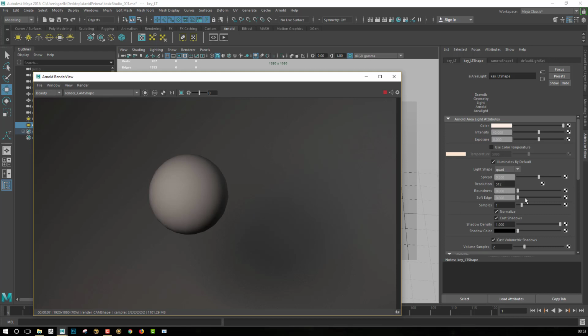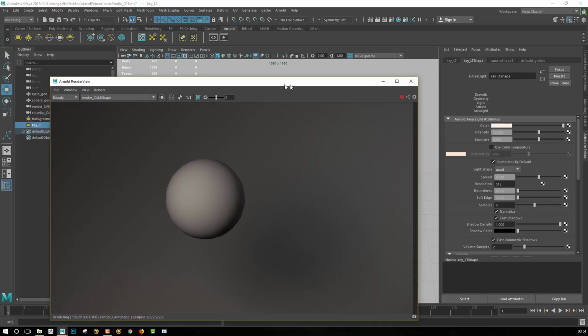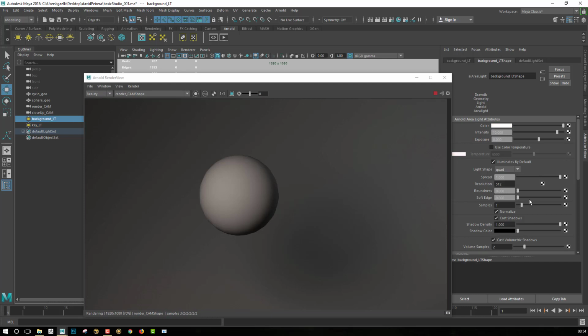But if you want to have less noise in your scene, something that you can do is to raise the sample value here, so it will get rid of the noise. And if we do that for one light, of course we need to do it for another light. But always keep in mind that the more samples you have, the less noisy your render will be, but the more time it will take to calculate. So something that I like to do is just to keep the intensity at 1, or maybe raise it up a bit, just a bit.